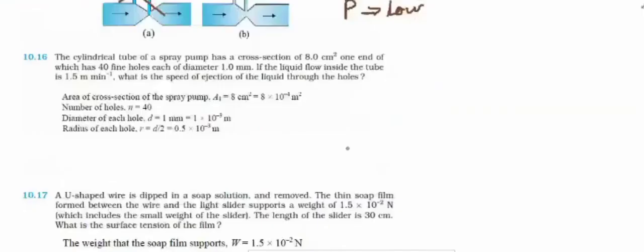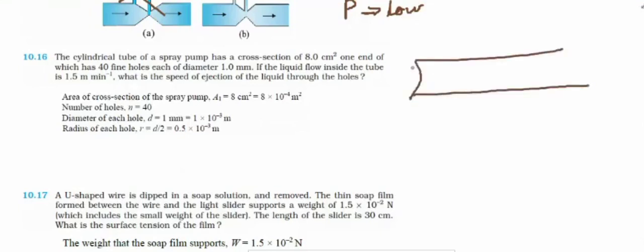Question 60. The cylindrical tube of a spray pump has a cross section 8 centimeter square, one end of which has 45 holes, each of diameter 1 millimeter. If the fluid flow inside the tube is 1.5 meter per minute, then what is the speed of ejection of the liquid through the holes? Okay, so you have the pipe,